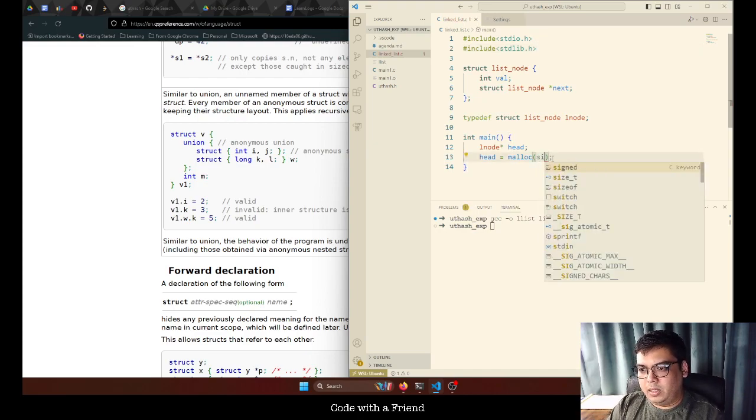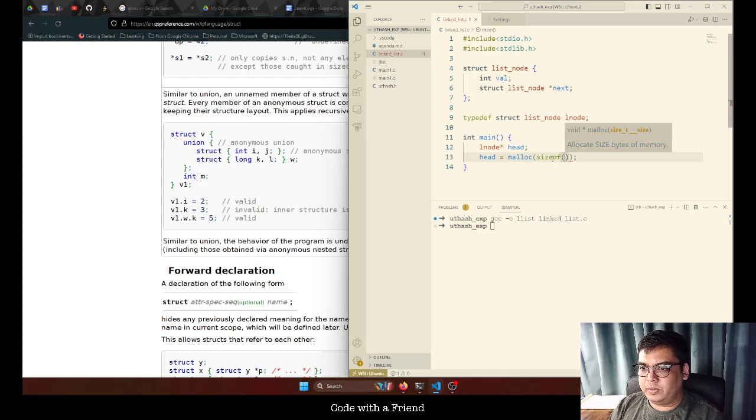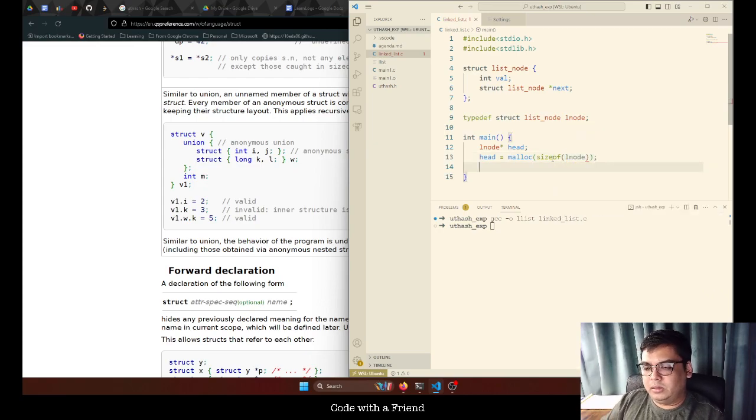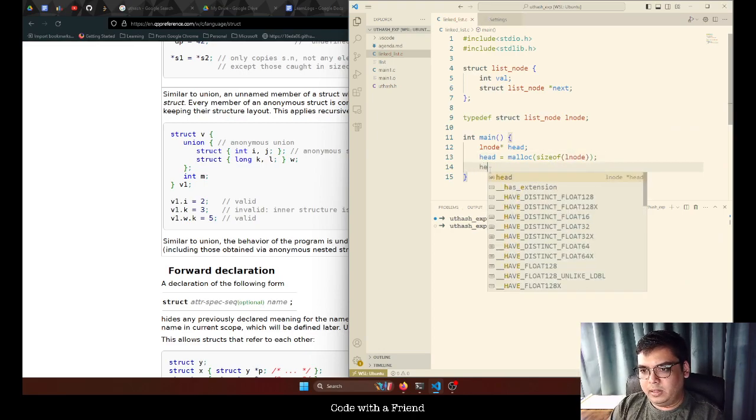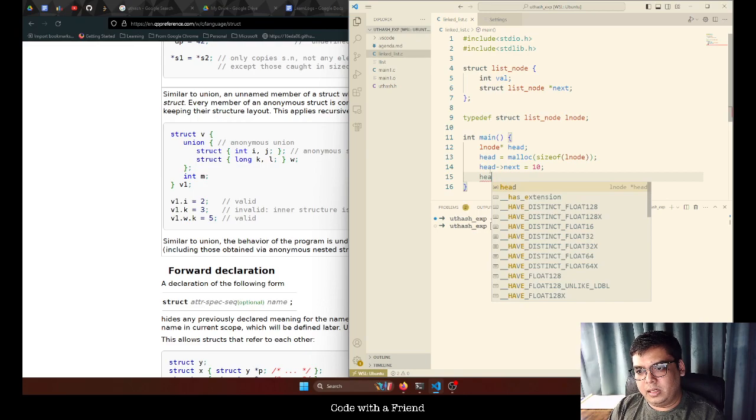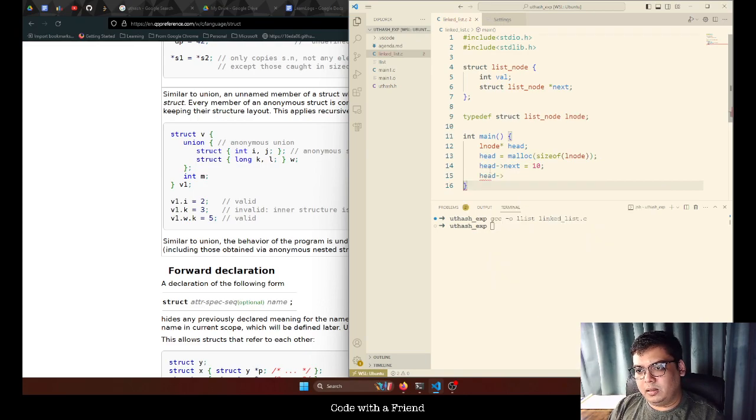We can choose size of L node here. That should allocate this memory. We can call it head next, maybe some value, and head val, I think this is not right. Head val should be 10, and head next should be,